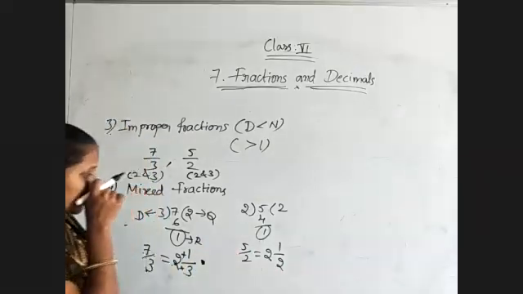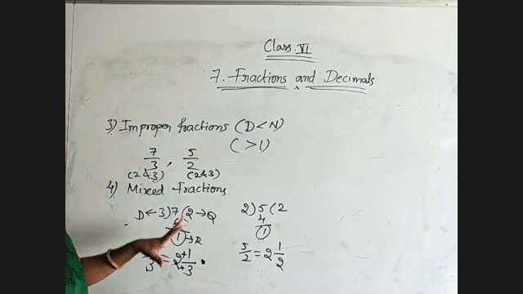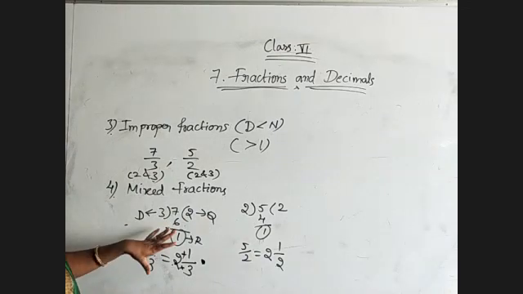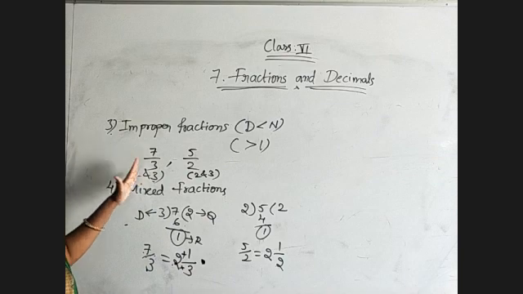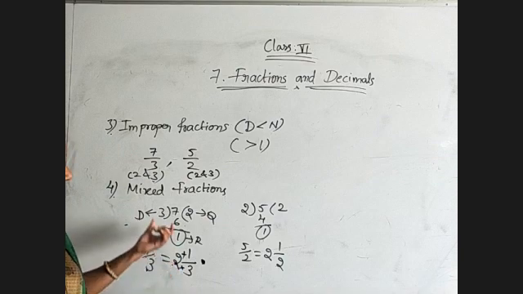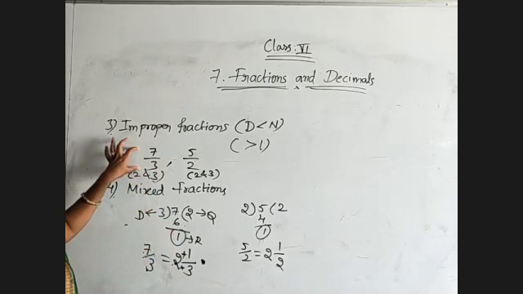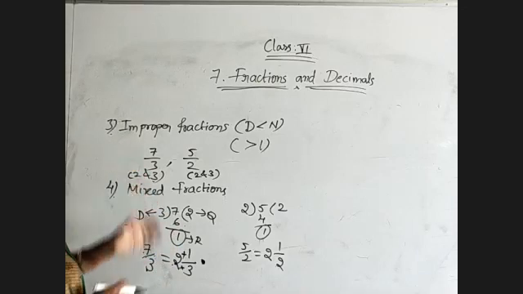So this is about improper and mixed fractions. Improper and mixed fractions always lie beyond 1, and to represent them, we need more than one whole. So depending on the problem, first we need to convert them into mixed fractions, and depending on their quotient, we need to decide which numbers they lie between and how many wholes are needed to represent them. Now observe, I want to represent 7 by 3 on the number line.